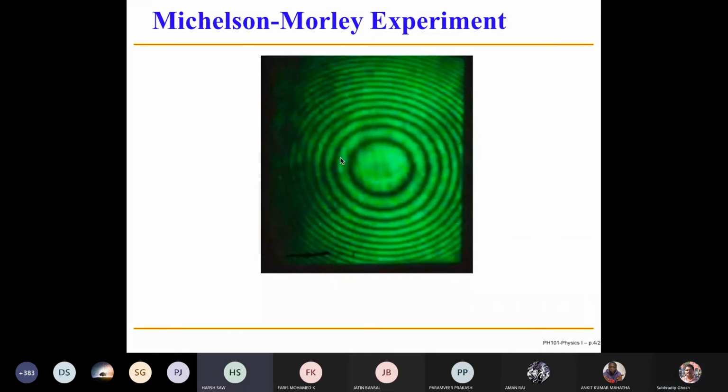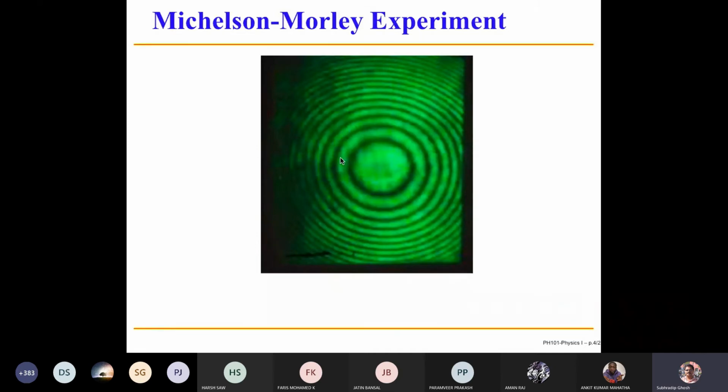Is it same as Newton's ring experiment? In the Newton's ring also you get this kind of thing. This is for any interference experiment. This is the interference pattern, typical interference pattern. All right. So now let us see what is the consequence, or what we set out to find out,